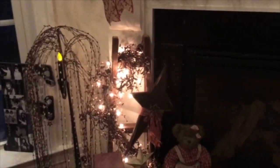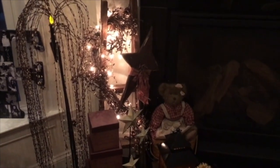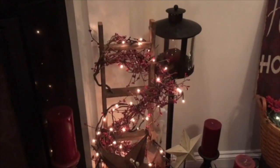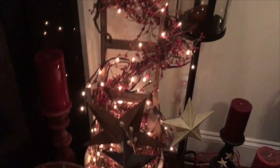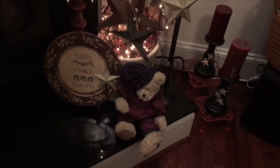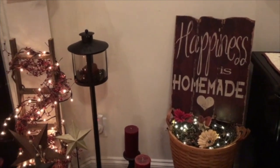And then all I did over here, by the way, I had that ladder as one of my staple pieces, and it stays put all through the year, along with the pipberry garland and the white lights wrapped around it. Same for this crock decor. I keep the ladder, pipberries, and white lights wrapped around it, all up on this hearth all year round. And all I did, again, trying to keep it a little bit more simple so that I can add to it,